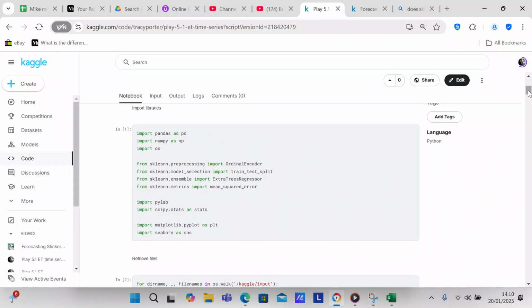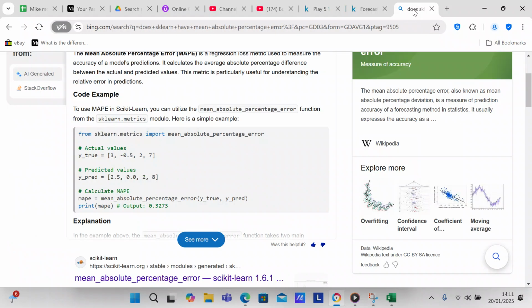I will say that on sklearn, I imported the mean squared error, but there's another metric called mean absolute percentage error. I didn't know if it was on sklearn.